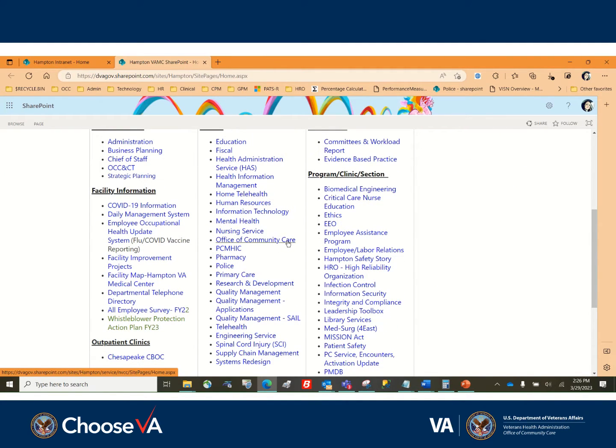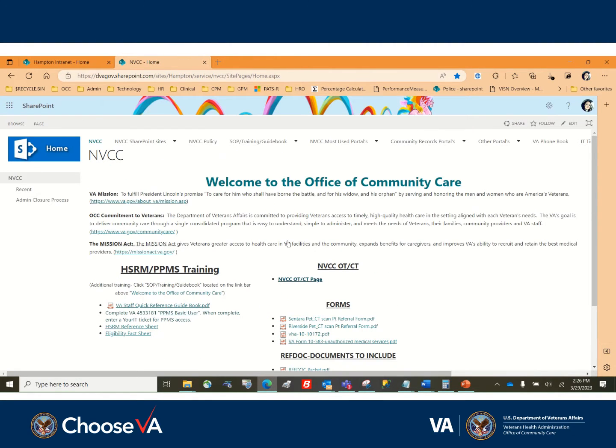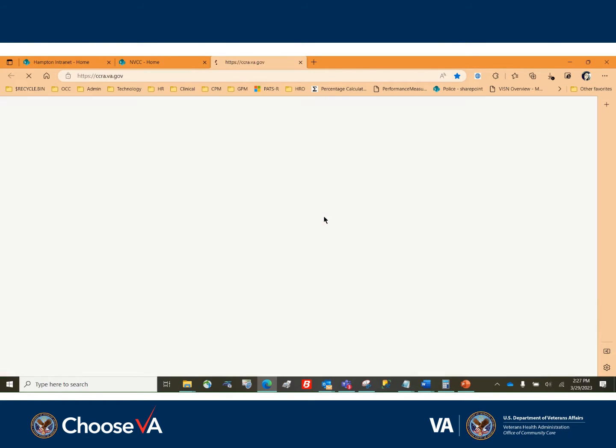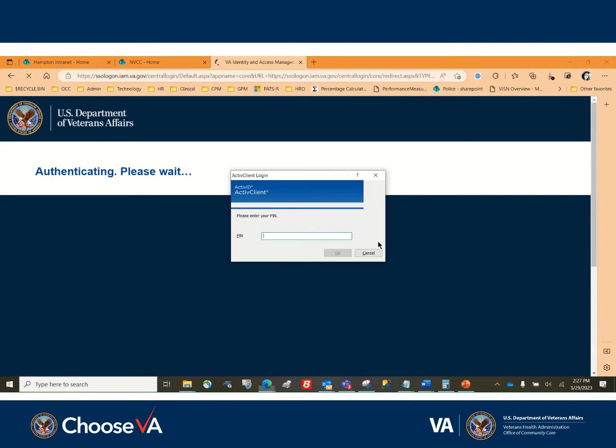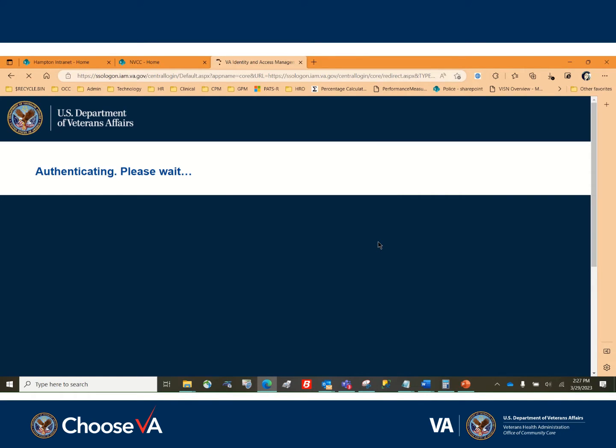Then you'll scroll down, and in the middle column, you'll see Office of Community Care. You want to click that, and then just like it showed in the slideshow, you'll go to NVCC Most Used Portals, and you will go down to HSRM, and you'll click this. As promised, the logo shows up in the top left-hand side, and you'll notice that the arrow turns into a little hand when you hover over the logo. So you click that, the system will populate asking you for your PIN number from your PIV, and